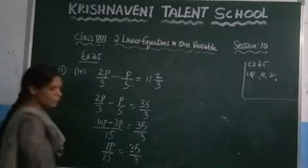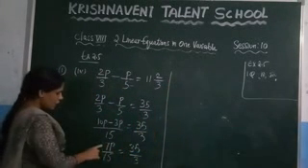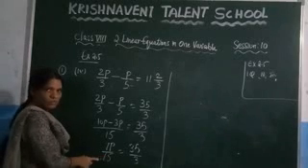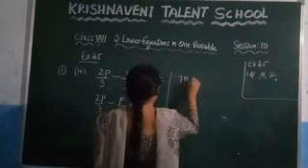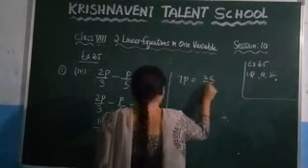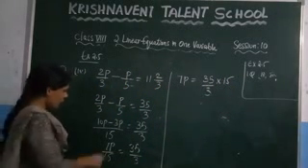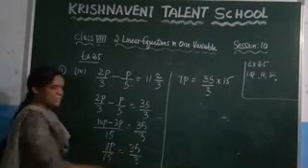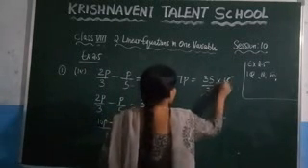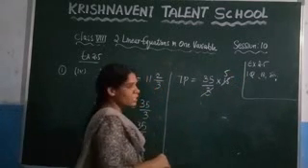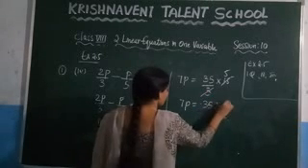Just you need to cross multiply this value, or otherwise, you can do the other way. Here, we are dividing these two values. If you take 15 to that side, it will become multiplication. So, what you will get here? 7p is equal to 35 by 3 into 15. Right? Here, because we are dividing these two values, if you take this value to that side, it will become multiplication. So here you can observe that 3 1s, 3 5s will get cancelled. Right? So what is left out here? 7p is equal to 35 into 5.